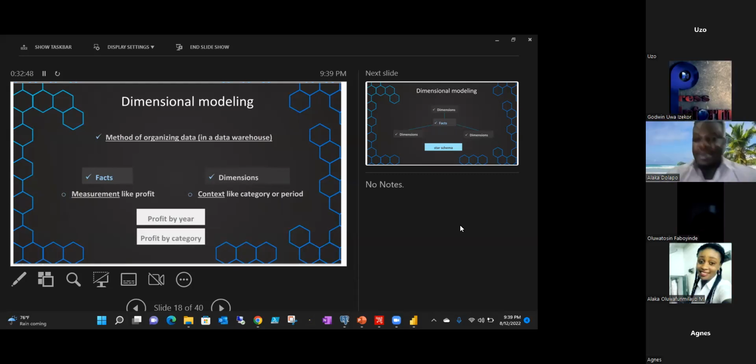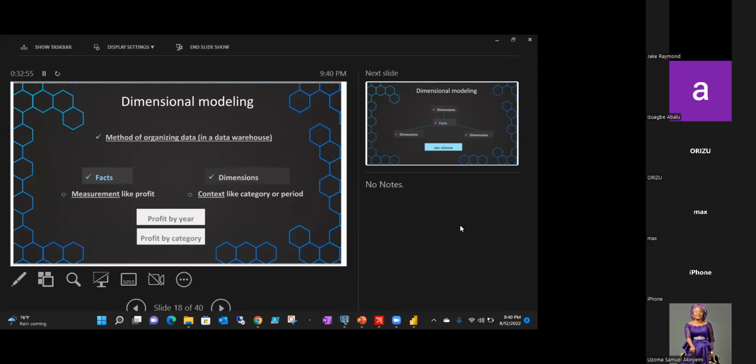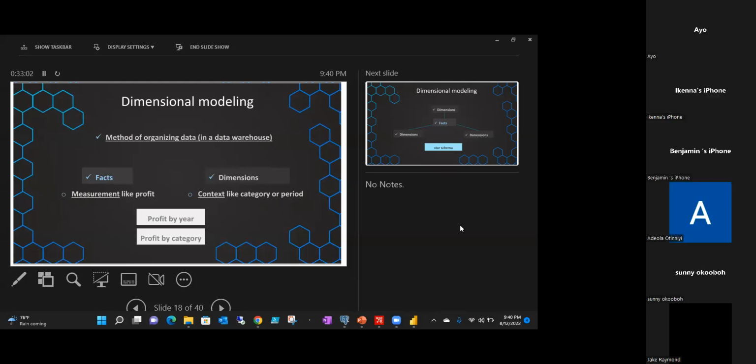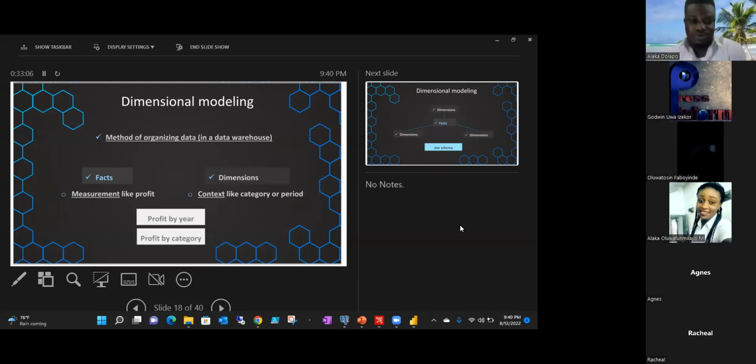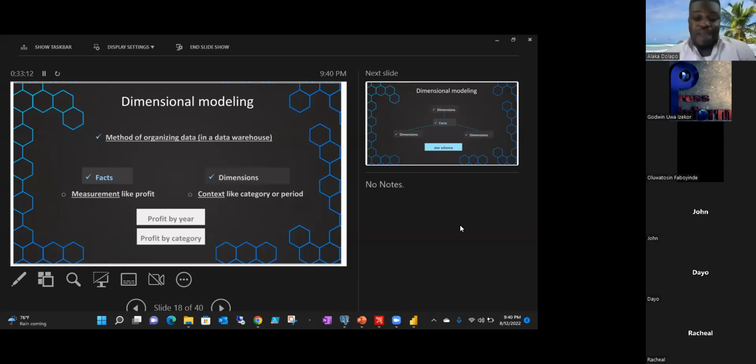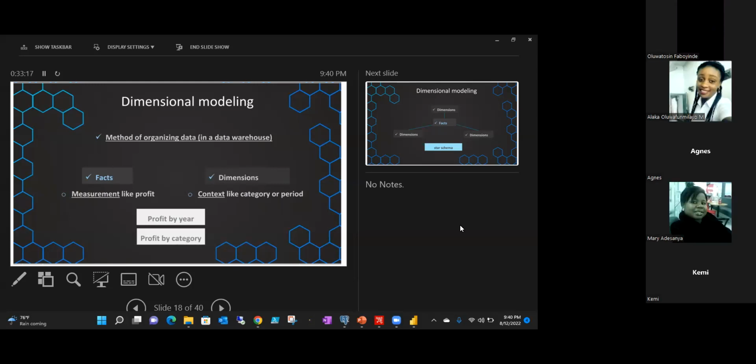Those are facts. Then dimension: one of the dimensions is location. The main dimension is location. We want to know the number of people buying, the quantity that is purchased per location. Can you get that? Quantity by location. And you could also do it by customer. But if you want to do it by customer, that is in another